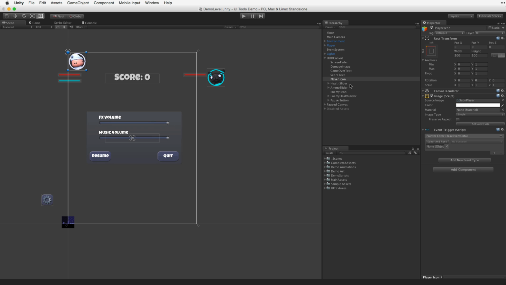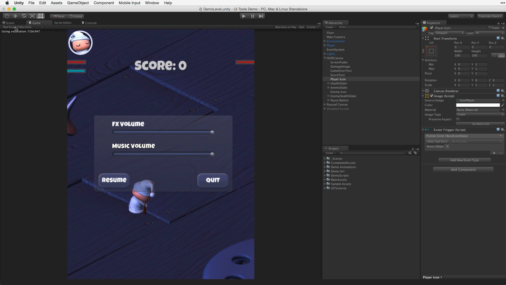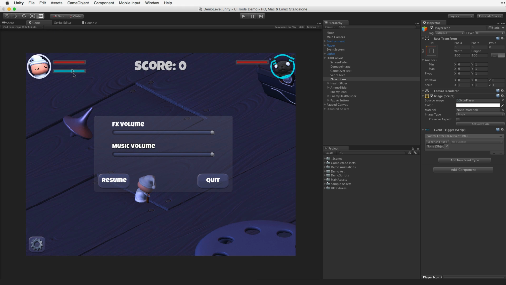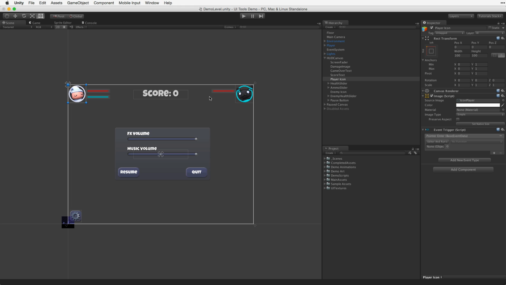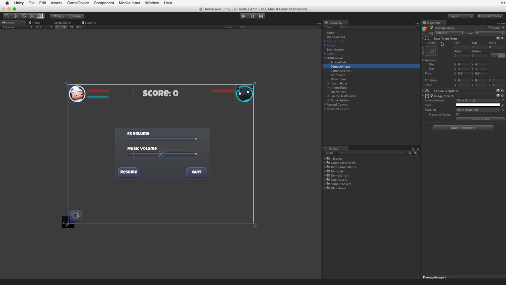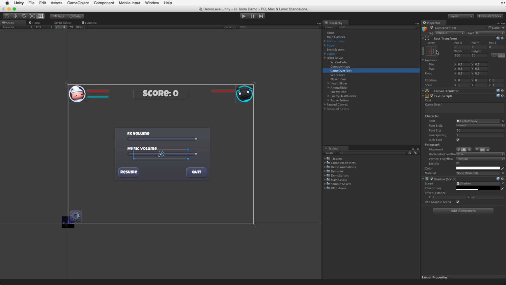So the first thing we want to do is simply go in and set the anchors for all of our items. I'm going to go back to our landscape version because it's going to be easier to do. And we can go ahead and set our anchors. Now we can drag them. If we go to the enemy icon, same thing, we can drag that anchor over into the corner. And it snaps to the corner. There's good snapping tools. But we can also use the anchor